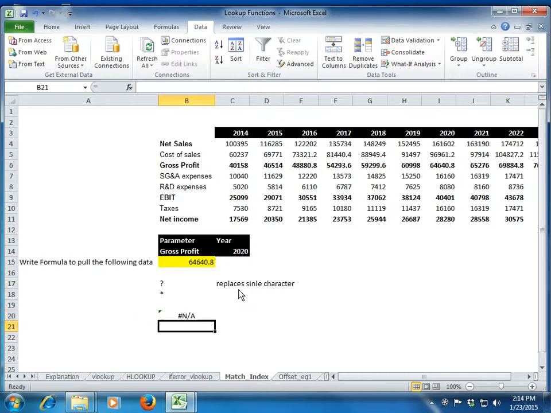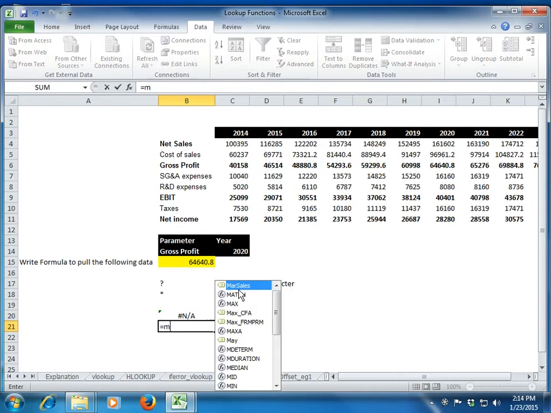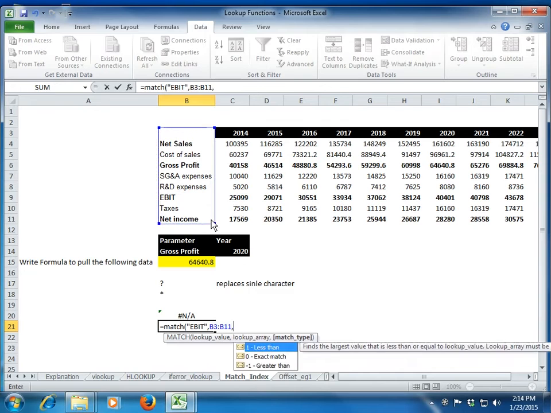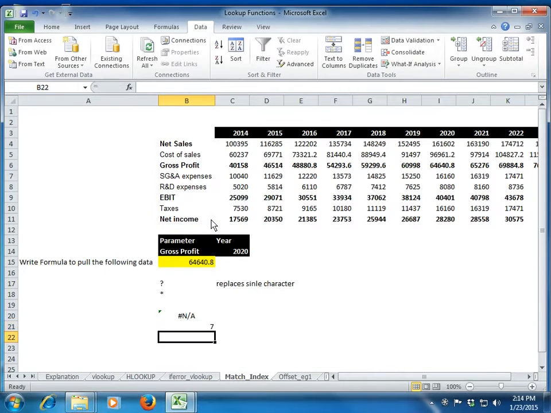Okay, let's just simply try another function. Let's say match with an inverted comma. Let me give EBIT. Okay, I probably know the error which we are making. It's most probably that net income is not spelled properly, and that could be the only error. And I give 0 for exact match and we get the answer. So okay, there might be some extra spaces here. Yeah, as you can see, right? So this is why this function was not working properly.